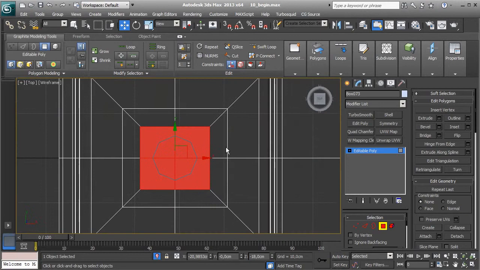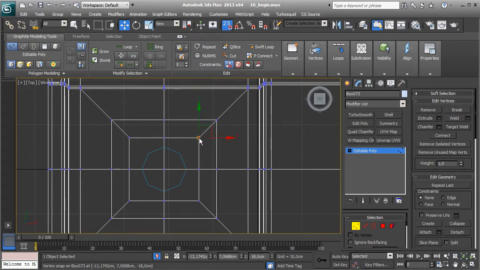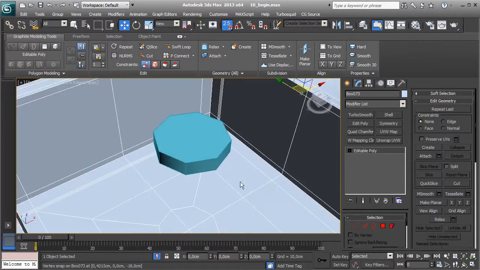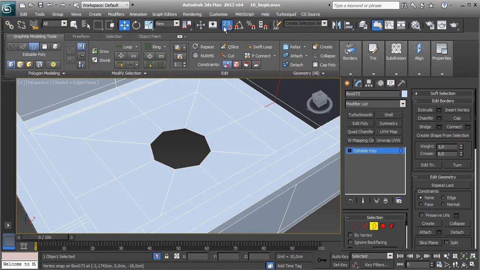Now go back to top viewport, press with left mouse button here and hold, and then you have this small menu where you can choose type of snaps. I will select this one and I will snap verts to our cylinder. Okay, and last one. Okay, now I can select these polygons and delete them, turn off snaps, shift and drag to